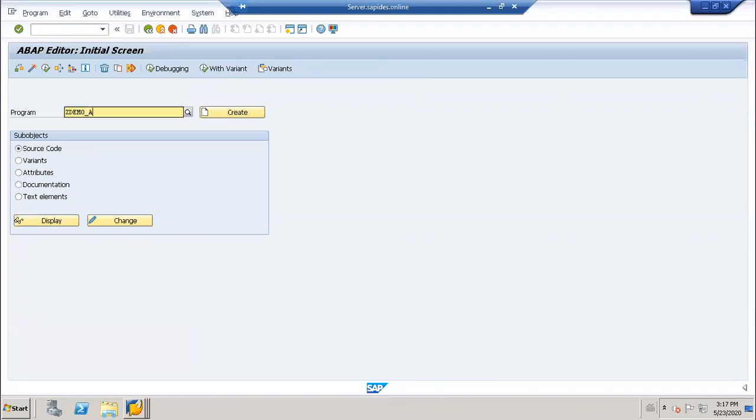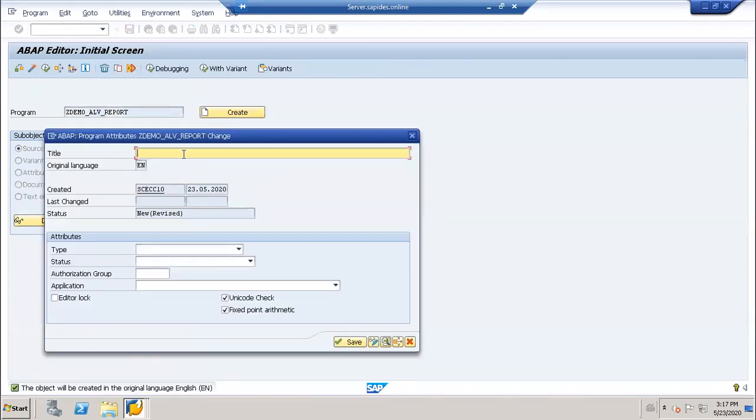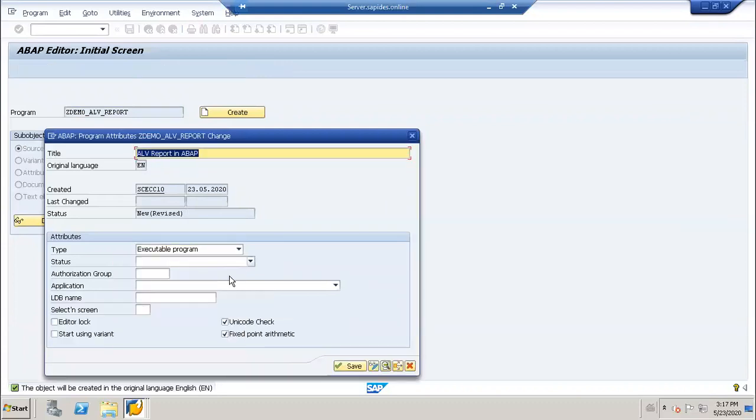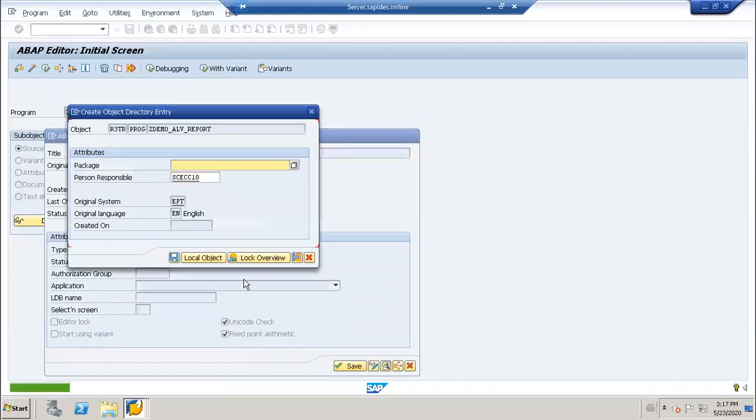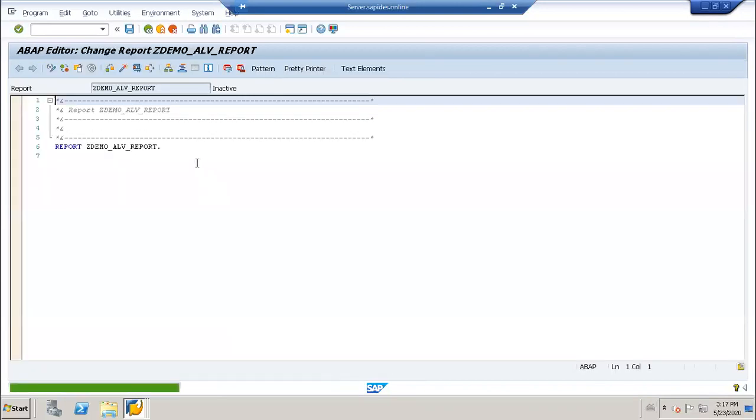The demo I'm writing first is an ALV report. So here I'll create my display ALV. What is my requirement?